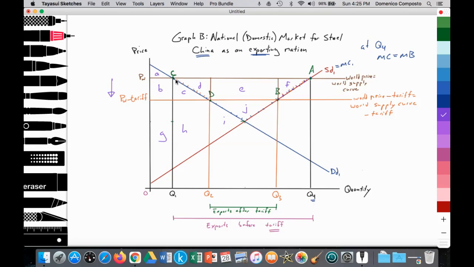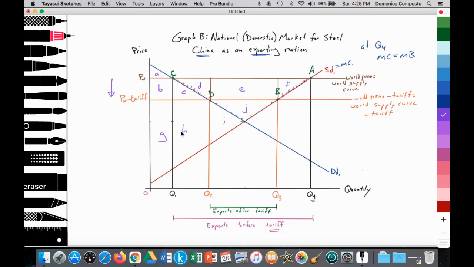And the domestic quantity demanded as a result of that lower price increases from point C to D along the domestic demand curve, or from Q1 to Q2. That leads to reduced exports by China of an amount of Q3 minus Q2. Okay, so that would be your analysis, your explanation of the model. And let's go ahead and analyze.